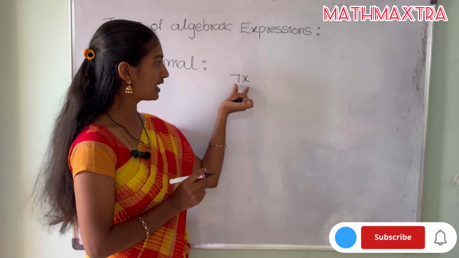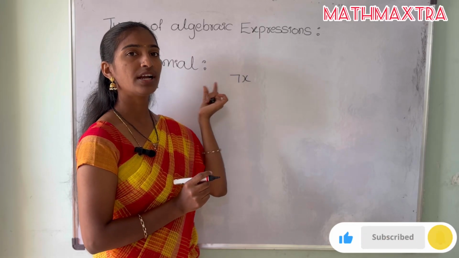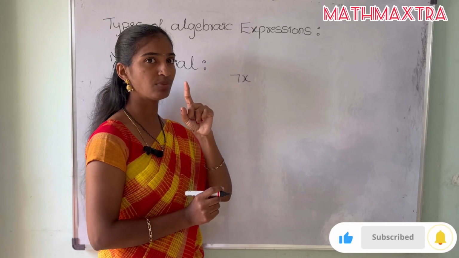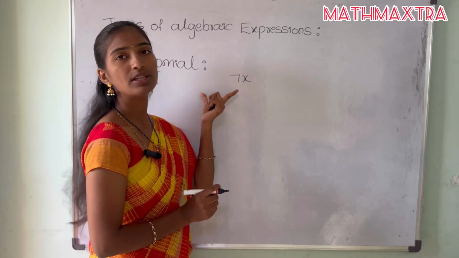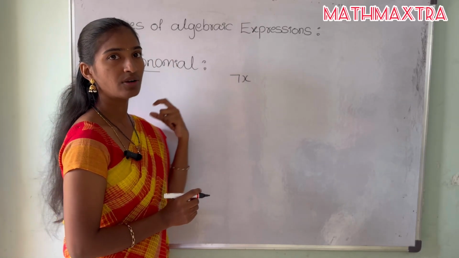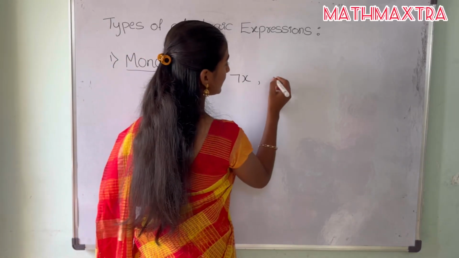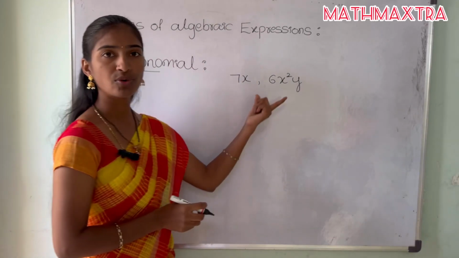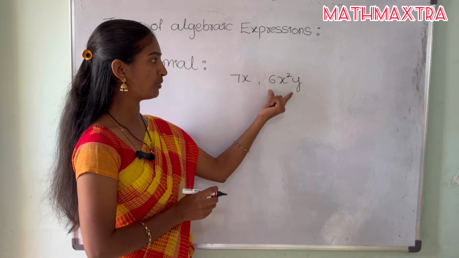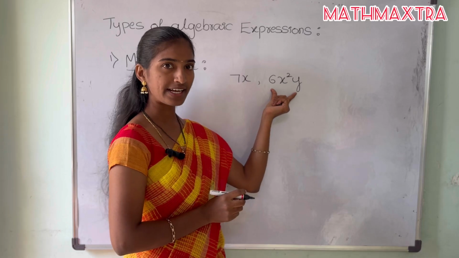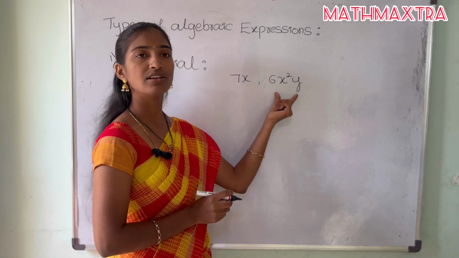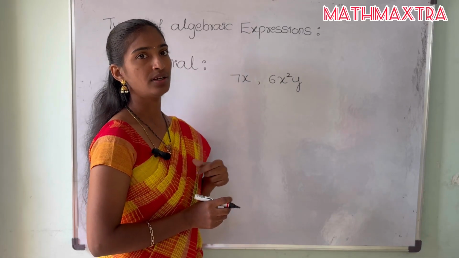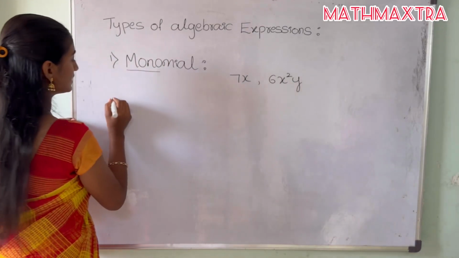So it is an algebraic expression and it should contain exactly one term. This 7x is one term only, right? That is why we call this a monomial. See 6x square y. Is it a monomial? Yes, it is a monomial. It contains exactly one term and it is also an algebraic expression. That is why we call this a monomial. The second one is